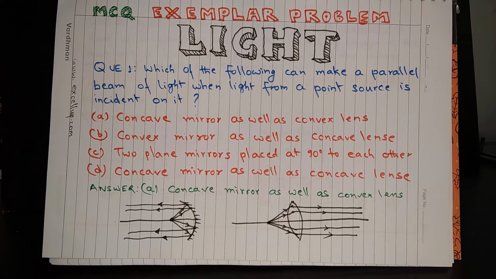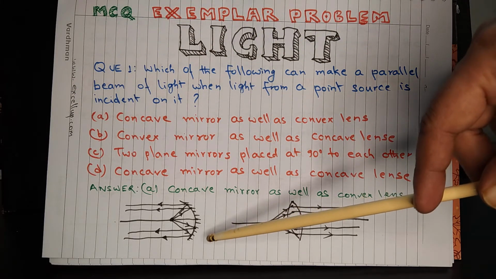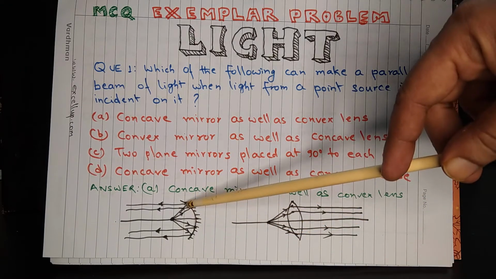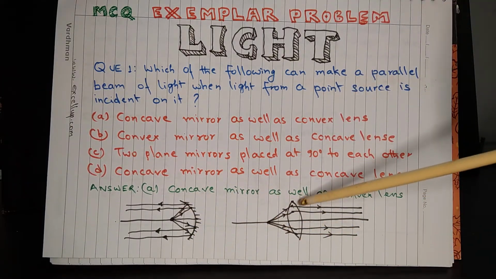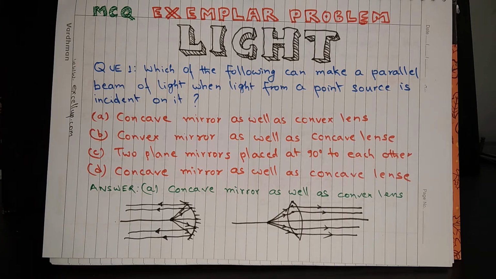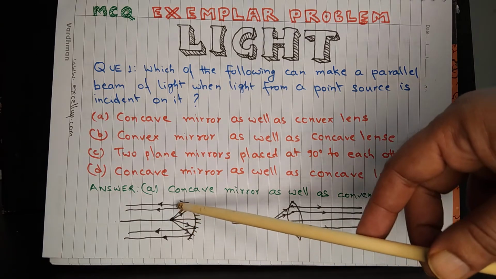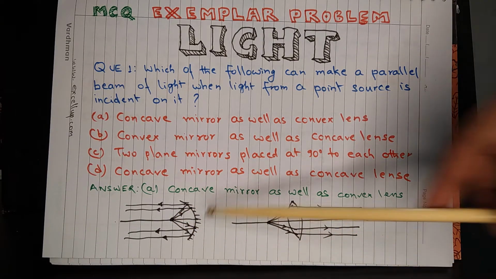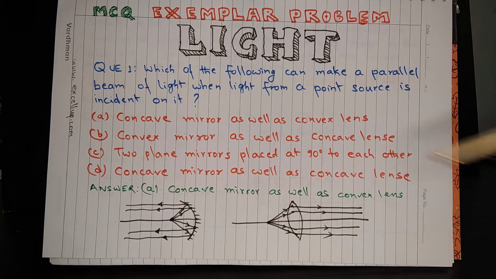We know that concave mirror is known as converging mirror and convex lens is known as converging lens, because light rays coming from infinity get converged at focus in case of concave mirror after reflection and in case of convex lens after refraction. So opposite of this is also true, that when the source of light is kept at focus, then after reflection or refraction from mirror or lens, as the case may be, we get a parallel beam of light.